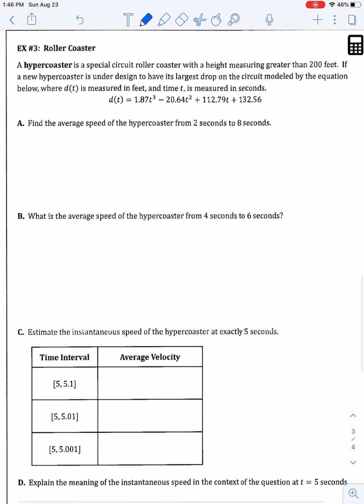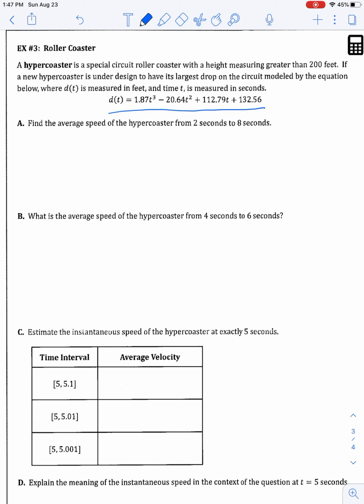Okay, last example. We're going to talk about a roller coaster. A hypercoaster is a special circuit roller coaster with a height measuring greater than 200 feet. If a new hypercoaster is under design to have its largest drop on the circuit modeled by the equation below, where d of t is measured in feet and time is measured in seconds. So this function represents the drop in feet of this